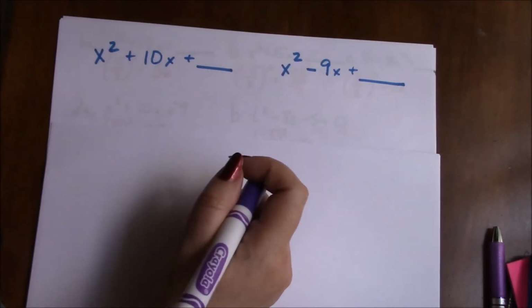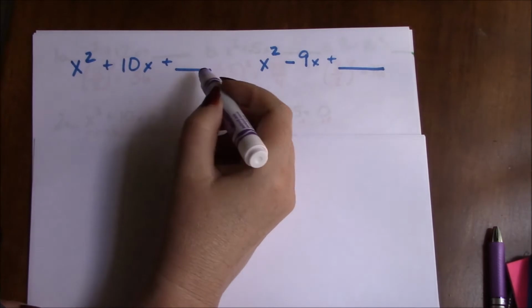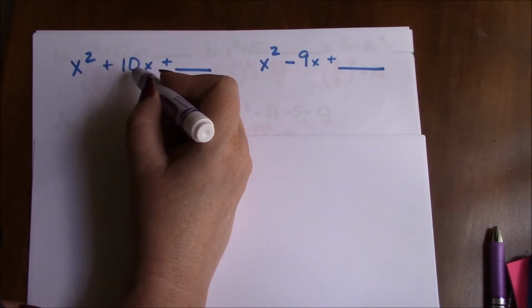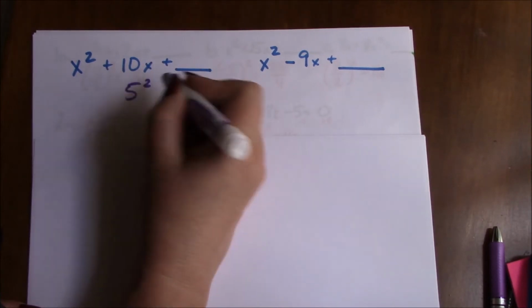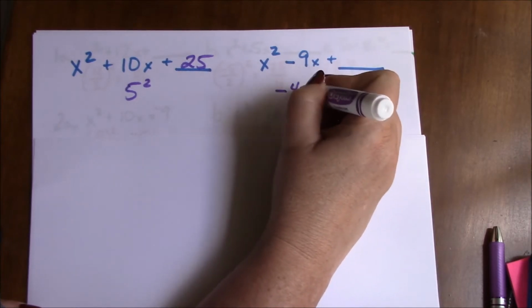Let's try a couple of these together. Right now we have x squared plus 10x. What do we need to complete the square? Well, we want to find half of 10, which is 5, squared, which is 25. Half of negative 9 is negative 4.5